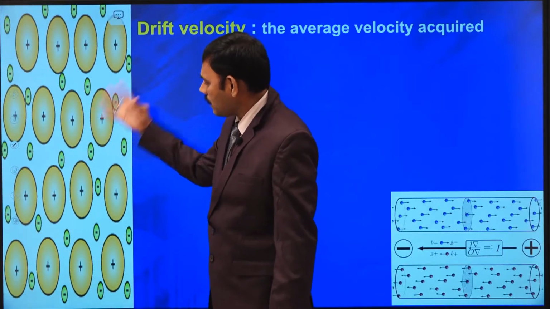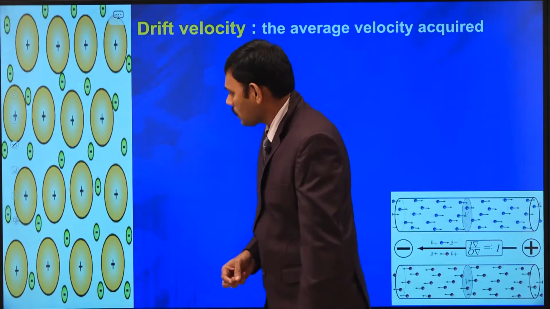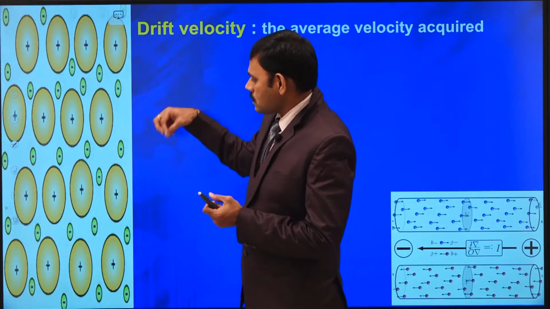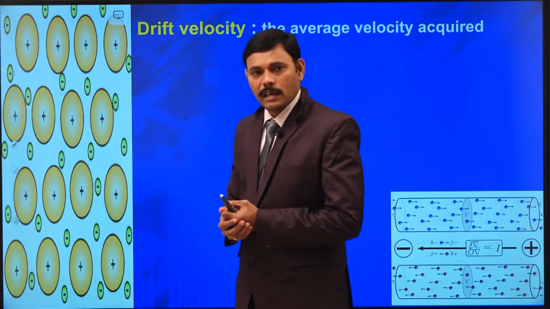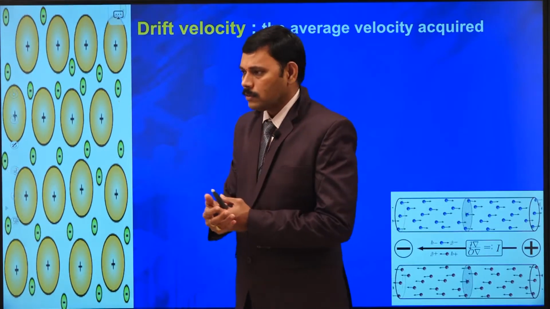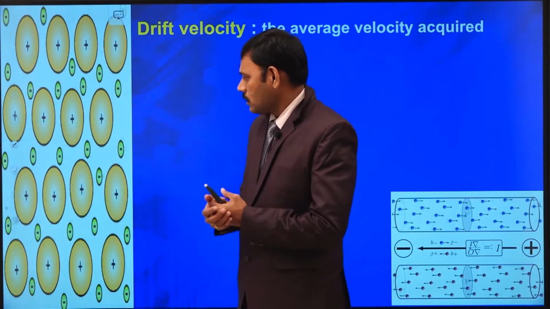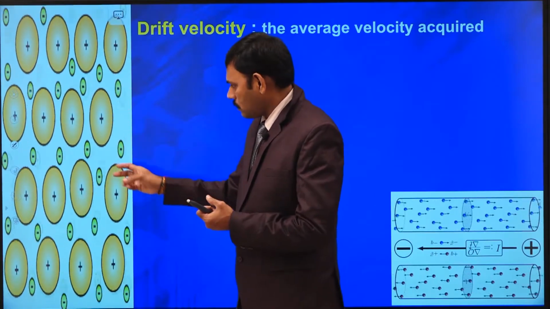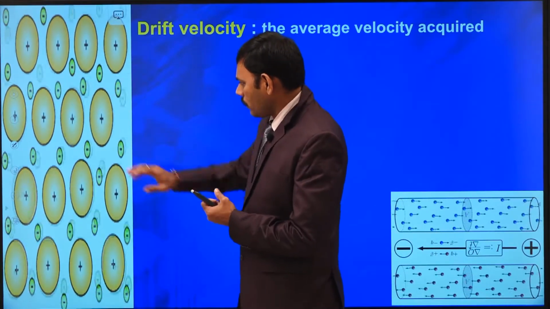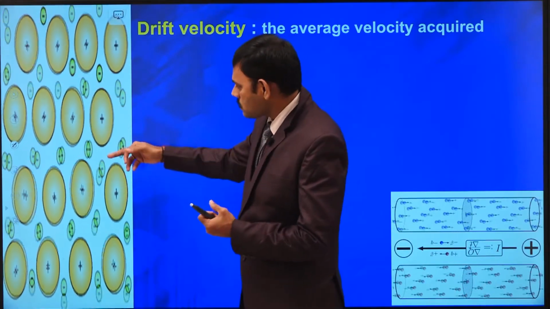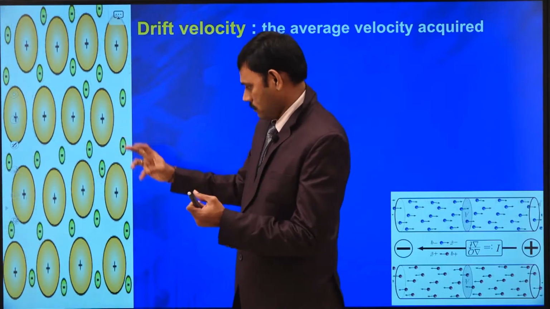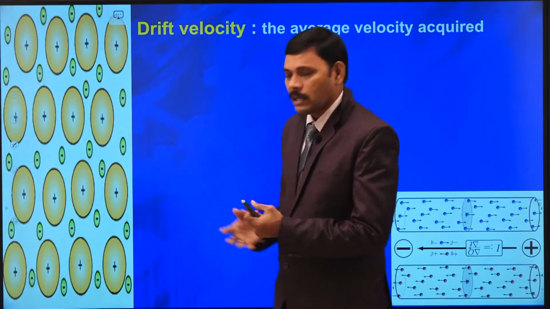We assume only the valence electron of each atom. Due to thermal agitation, because when the temperature is raised to room temperature or above, they absorb heat energy, and the absorption of heat energy removes the electron from the atom, so it becomes a free electron. Due to thermal agitation, a valence electron may become a free electron. It detaches the bond between the nucleus of the atom and the electron.